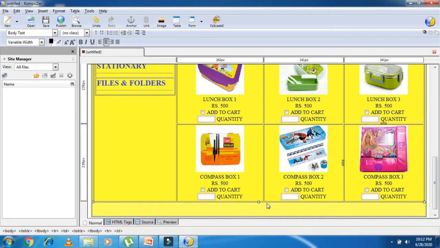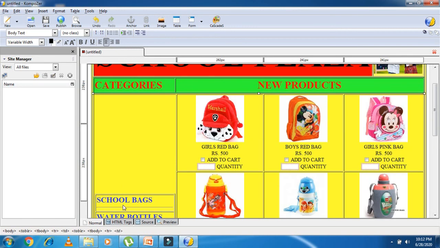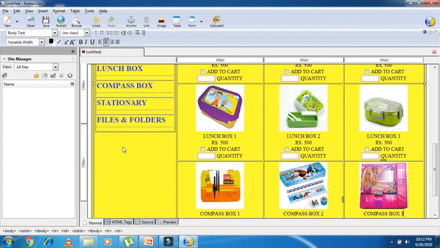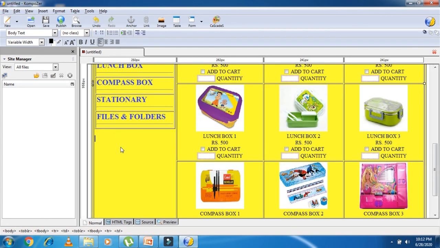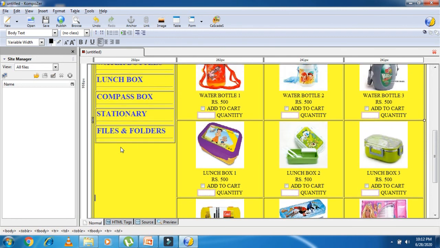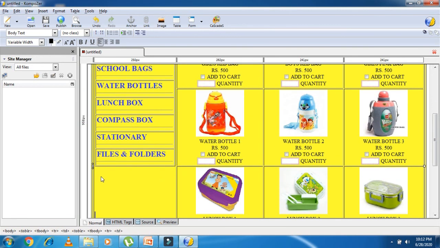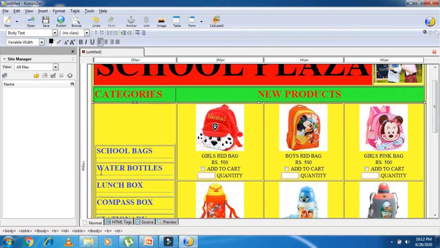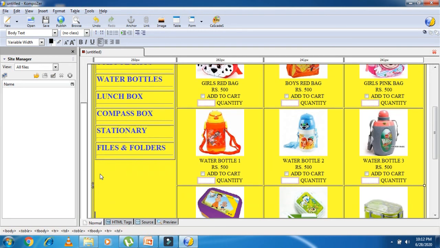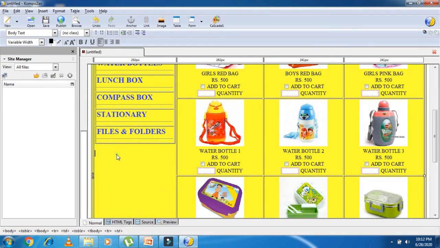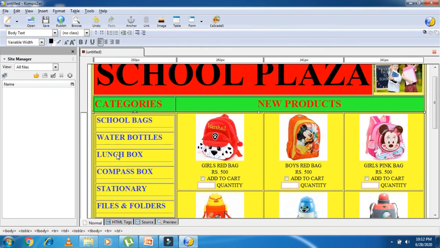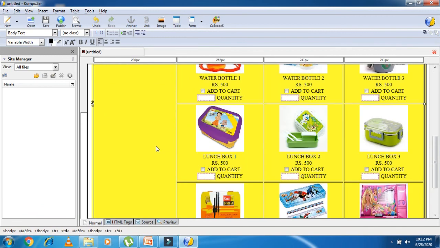Okay, now I want these categories on top, so I will press enter. Okay, now it's looking good.